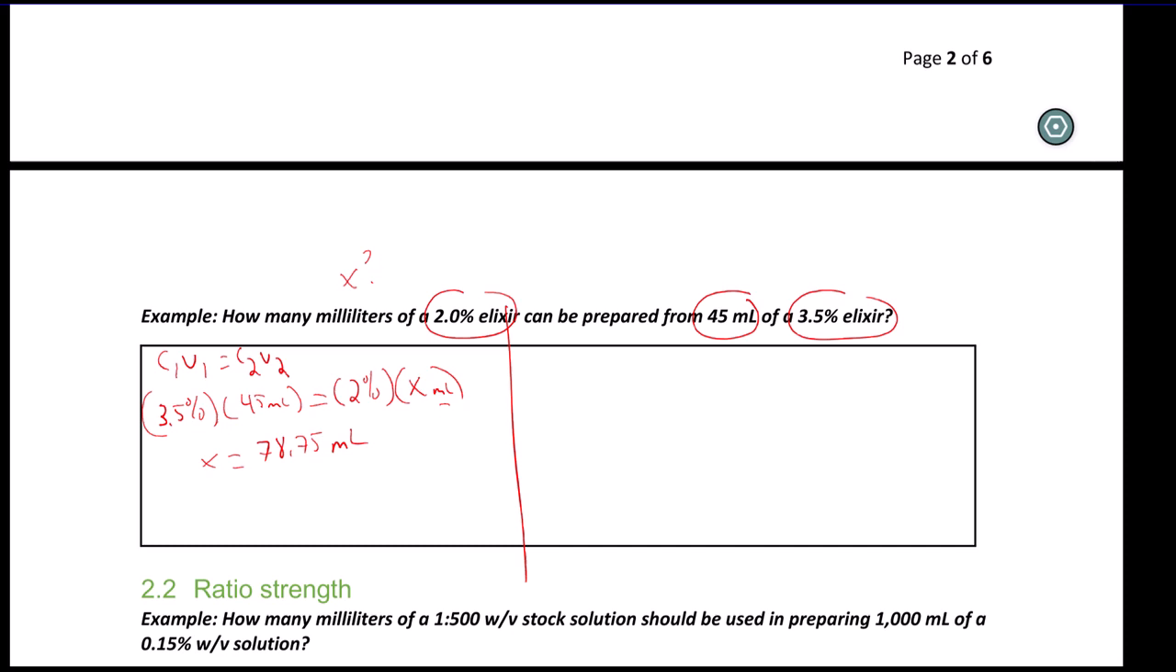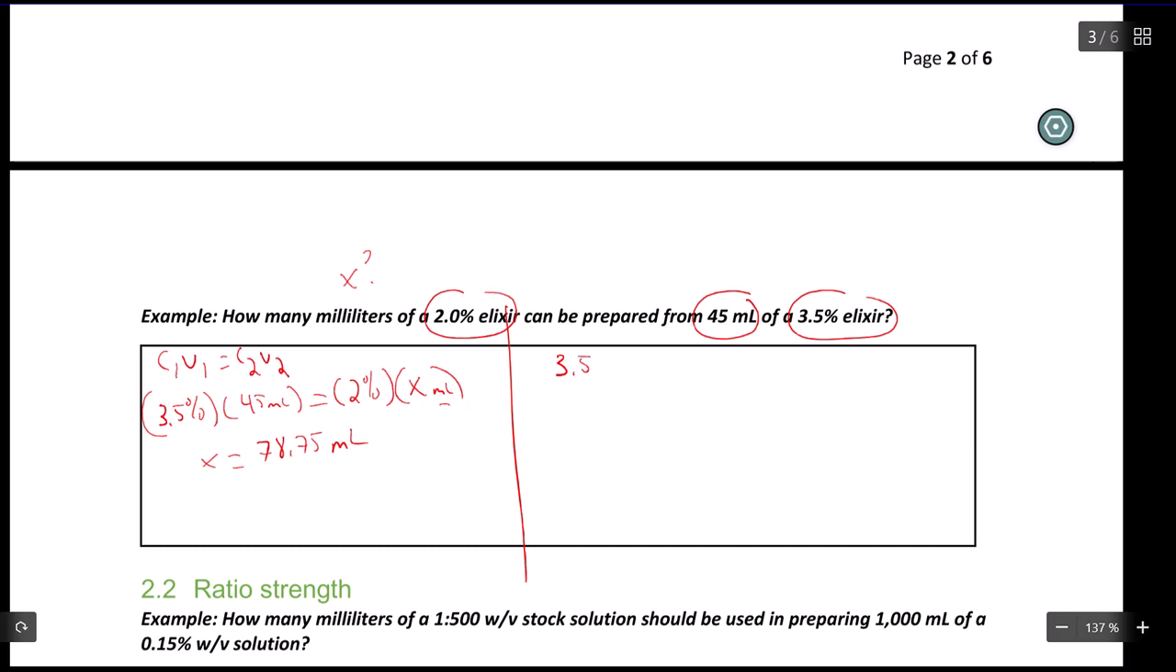All right. I could have also done it the other way. Again, the reason why this works is because I'm finding the amount of drug. The concentration times the volume will give me the amount of active, and the amount of active stays the same even though I'm diluting it. So this was 45 mLs, and I've got a 3.5% elixir. So that means that there's 3.5,